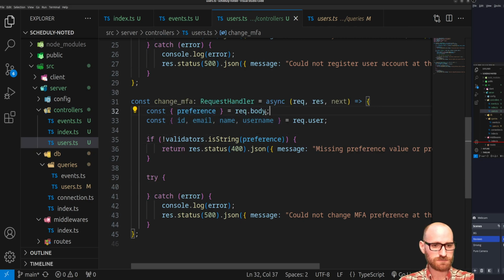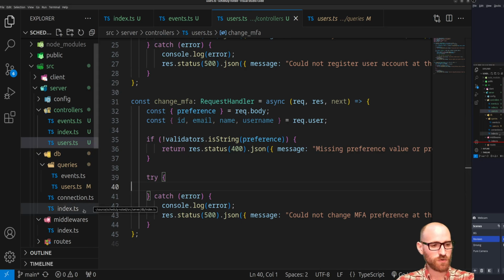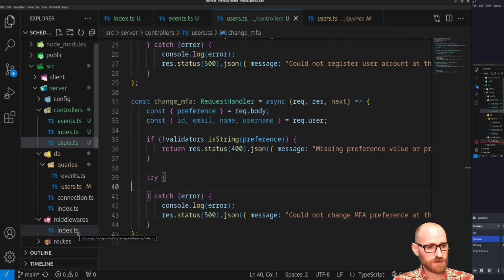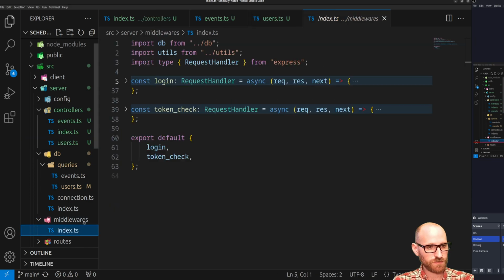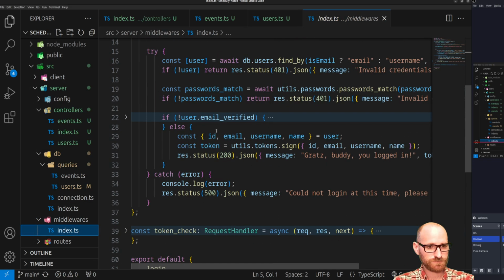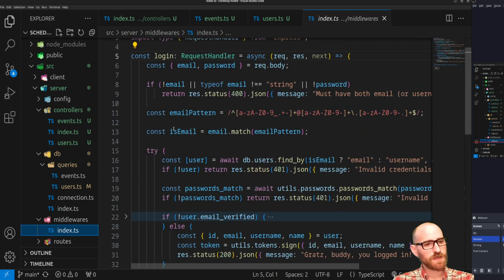Let's see. Or we could also put their verification statuses in their token itself. Yeah, let's do that just because that saves us from a database lookup. So we will go to our login middleware. And you know, for our, well,